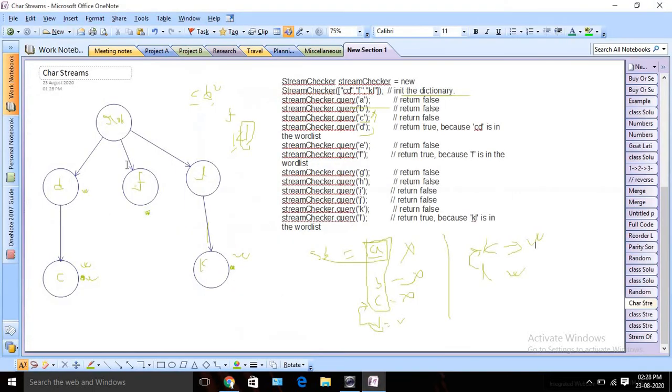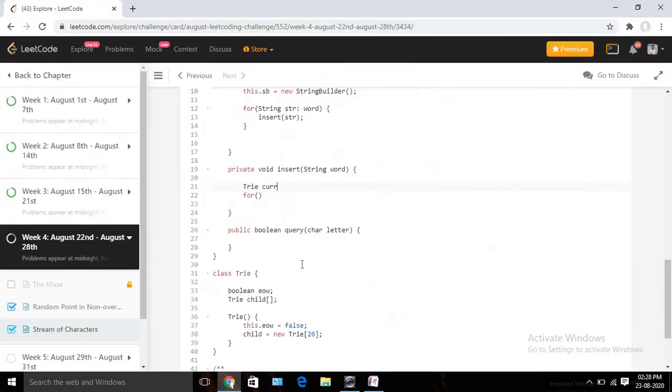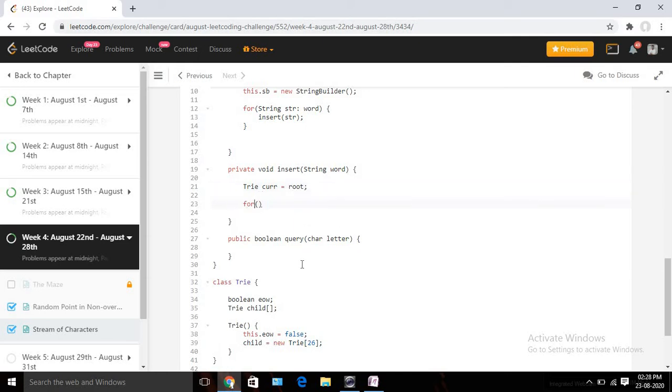Whenever I insert, my current node will move towards depth. But we should not modify root, because whenever I insert my second word, we need to start again from the root. Instead of that, we are going to take another variable called current, and store the reference of root there. Okay. Now we are going to run one for loop, but the for loop will start from the end only.